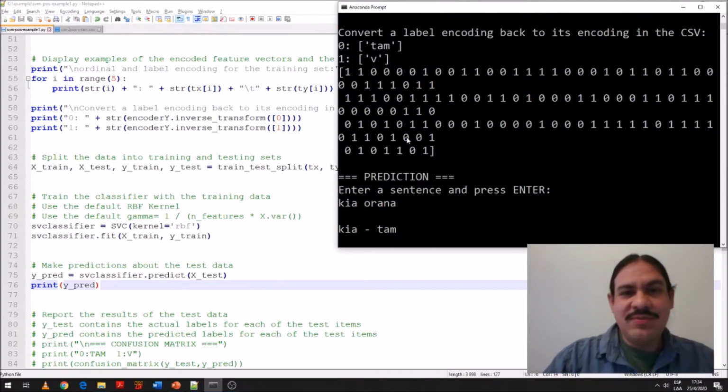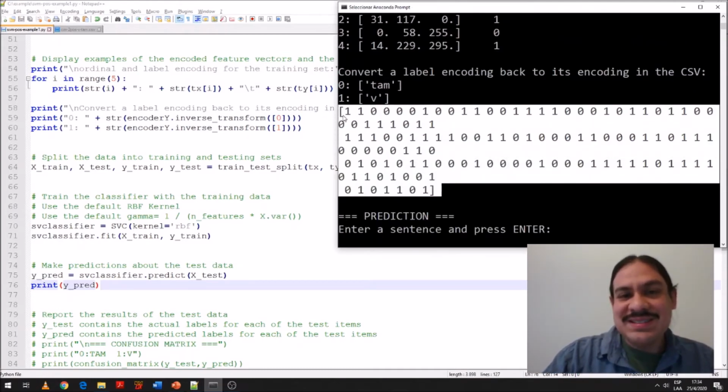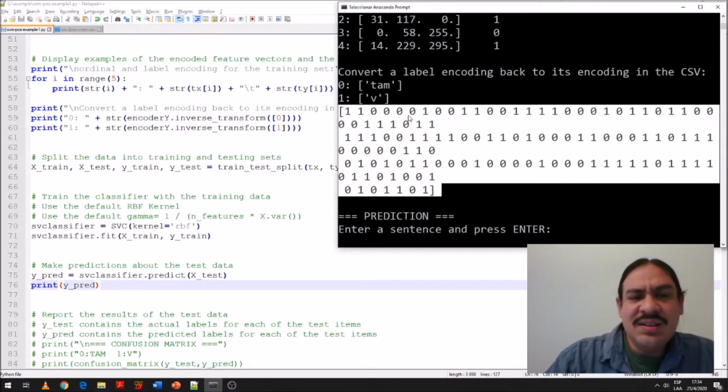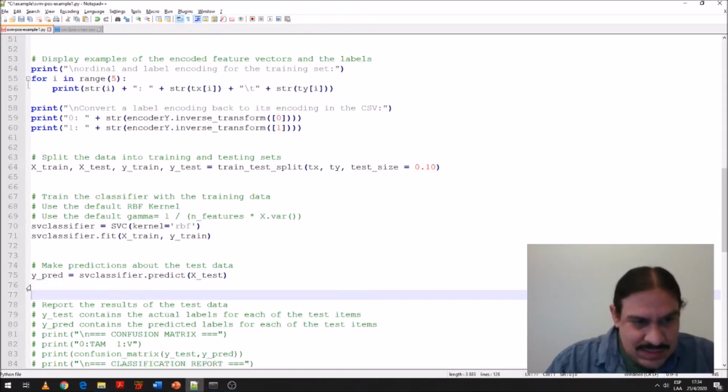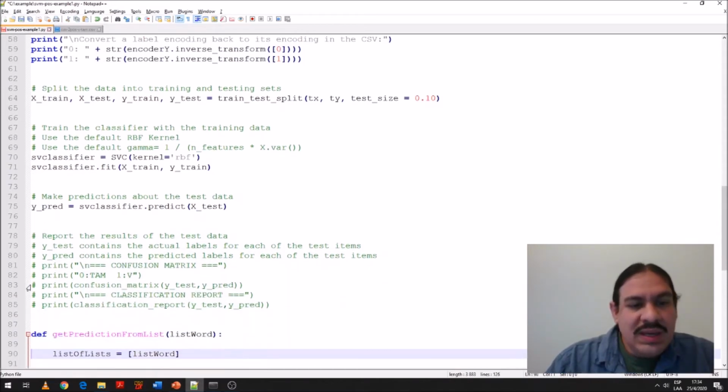So here we have just a list of zeros and ones. 1 for verb, verb, TAM, TAM, TAM, TAM, verb, TAM, TAM, verb, verb, and so forth. So this is the 10%, which I think is the 118 elements of the testing set. These are our predictions. We can use